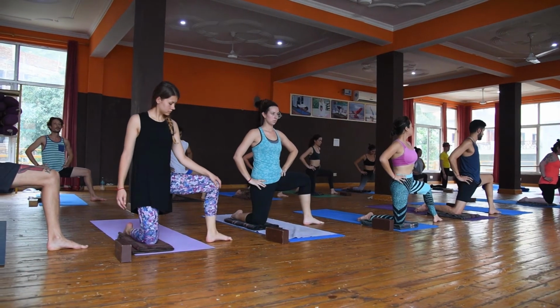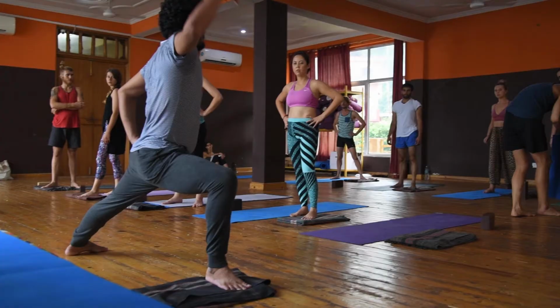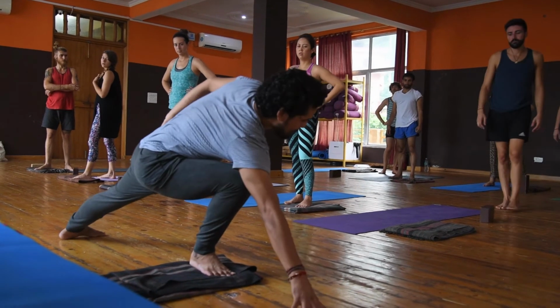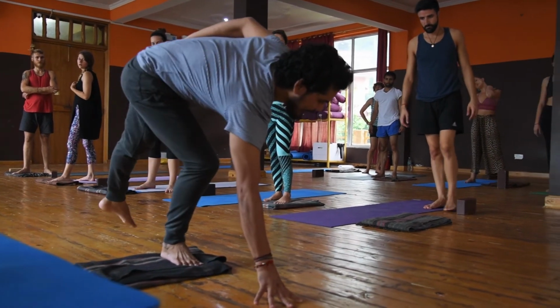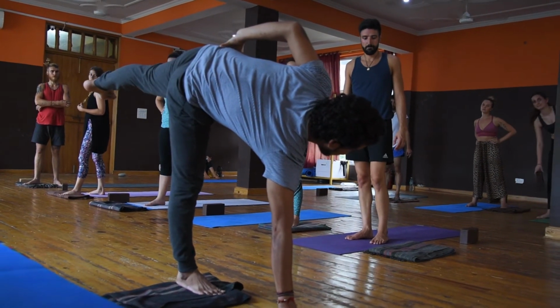Go towards the left side. And come back. Yeah, you extend the arm, go down. You're going to go into your final pose. Place it. Now pick and lift. Okay? Now this time you're going to add